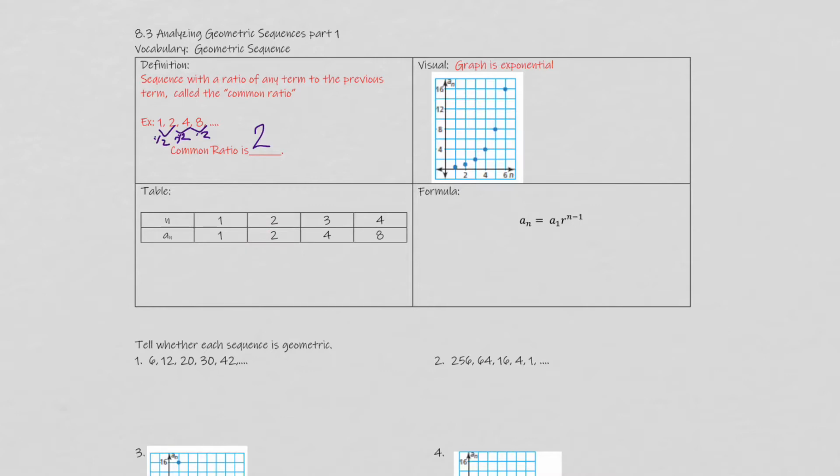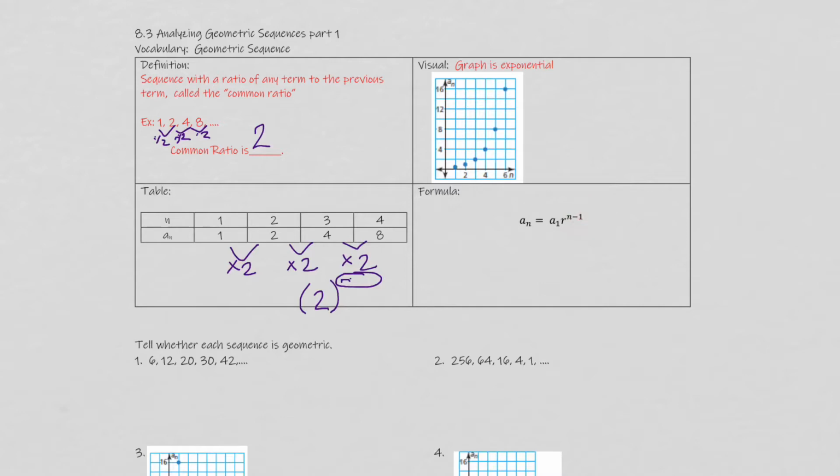What's going to be interesting about this is that, again, we multiplied by 2 on all of these. If you remember last week when we were doing them, every time I had something like this, if it was exponential, this was the base of my problem, and then your term numbers ended up here in the exponents. So we have a formula for all that, and our geometric formula is right over here. A sub n equals a sub 1, which is my first term, times my ratio to the n minus 1